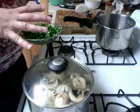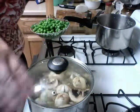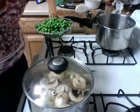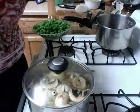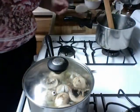So what you do is you put them in a separate container, add as much as you want to the already cooked soup, and then next time you have some more soup, you can add some more. So they have that nice crispness,